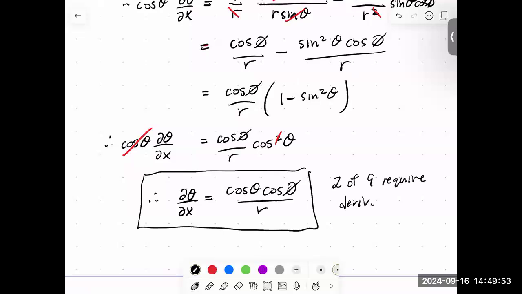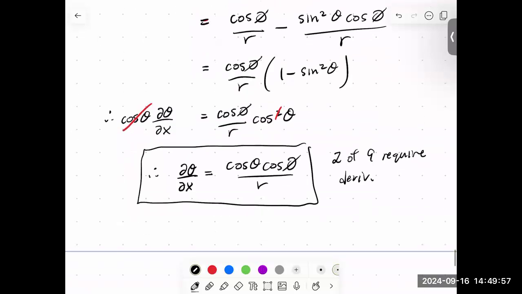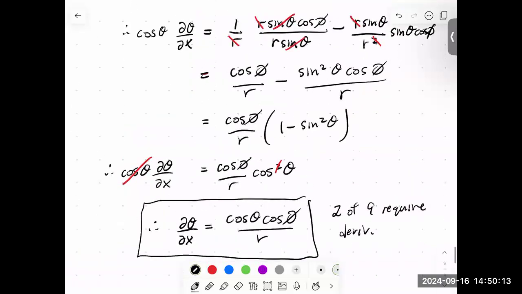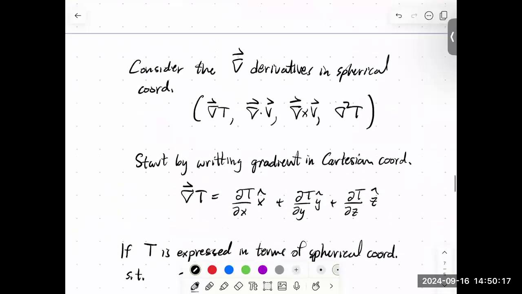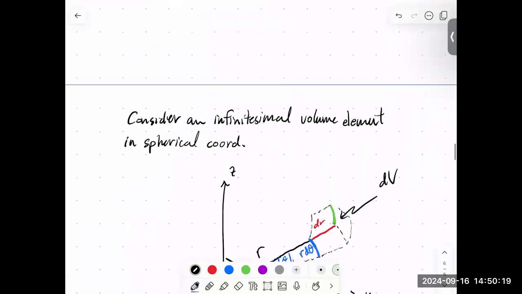What you would have to do is keep going. I did one more, but I'm not going to write it down. I did the d phi dx. The way you would do d phi dx is, I won't write it down, but I'll give you a hint. You go back to here and you say, all right,